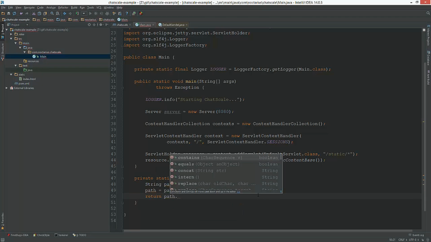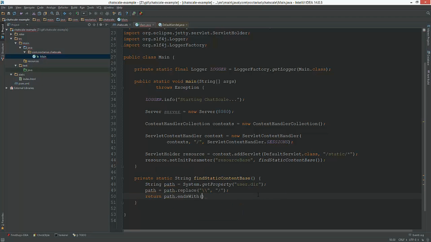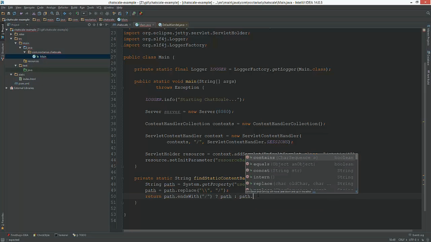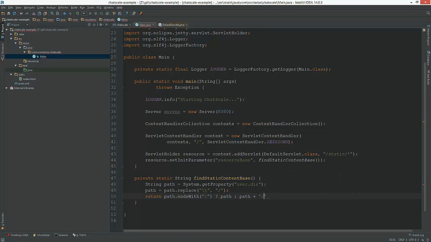I remember that was a problem when I first implemented it, might be already fixed. Whenever you put in some path in the resource base and it wasn't ending with a slash, the system had a big problem and couldn't find your data.